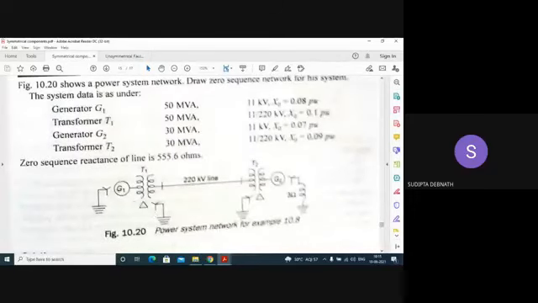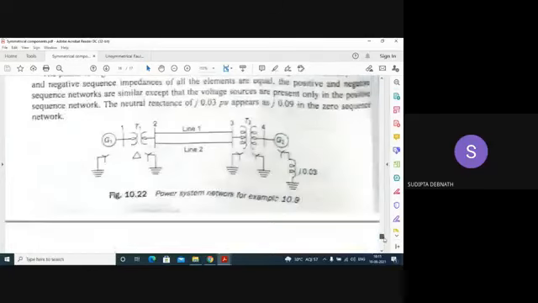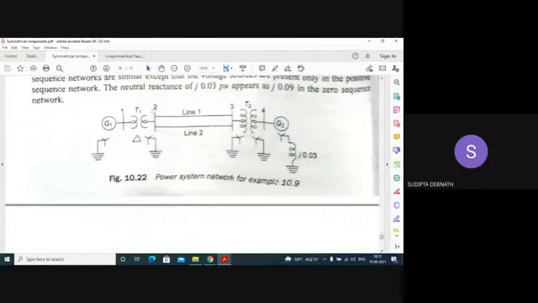So it is coming from the delta side to the star side. But we have found out the parameters of the star side. The problem was this one. We have found out all the parameters with respect to point 2 because the fault has occurred here. So we have found out what is the current contributed by G1 at this point. Now you can understand, if you want to find the current here, the magnitude will be same, but there will be phase shift from star side to the delta side.